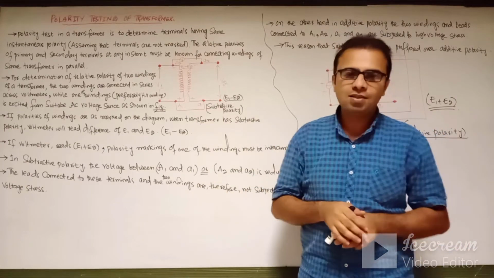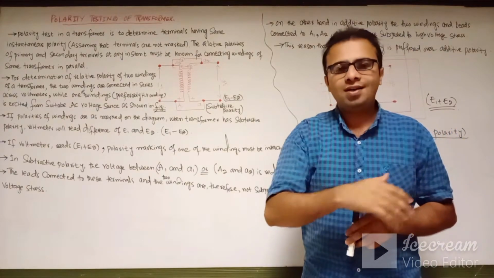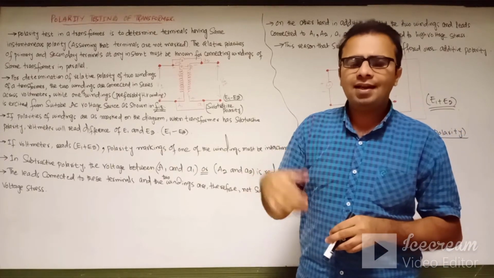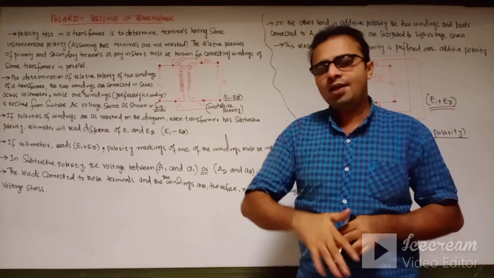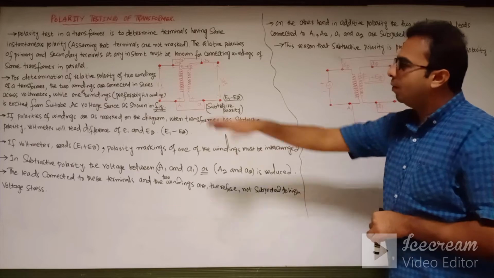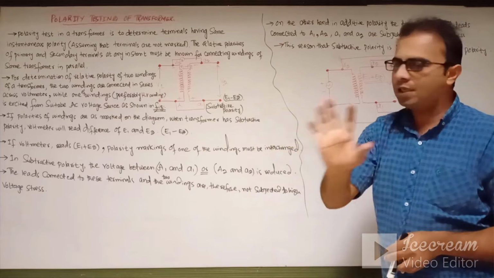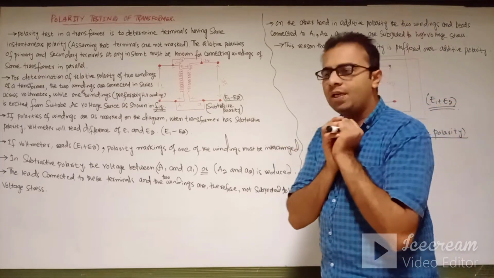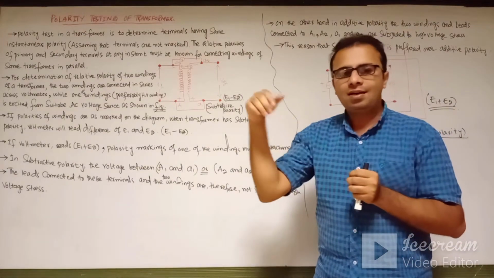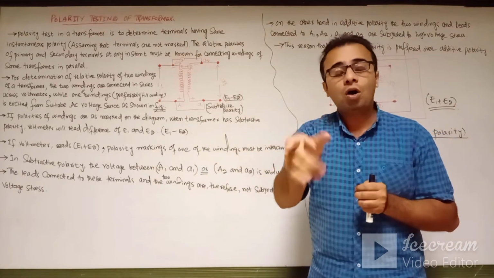Now today we are going to discuss the theoretical aspects of the polarity testing of the transformer. What is the polarity test? The polarity test of the transformer means to determine whether the transformer has the same polarity or the opposite polarity. The polarity test is to determine the terminals having the same instantaneous polarity, assuming the terminals are not marked. If the terminals are not marked, then we have to verify whether it is the subtractive polarity or the additive polarity, meaning the same polarity or the opposite polarity.